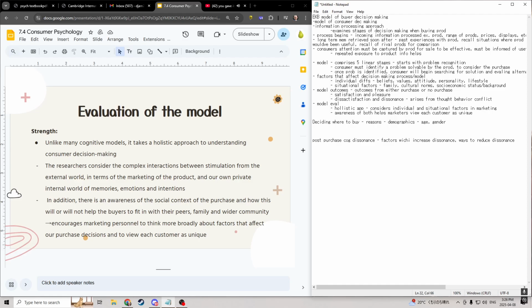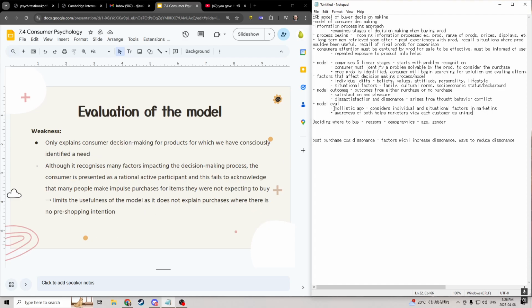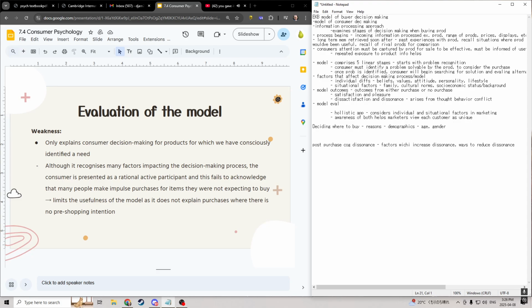Okay. In addition, okay, simple enough. Oh, these are strengths, huh? Strength, weak,